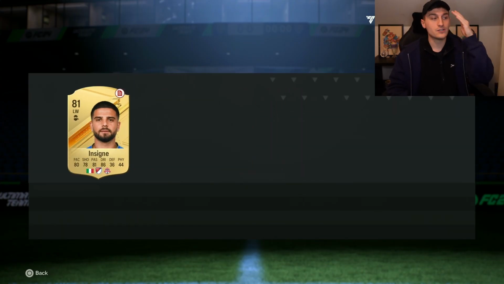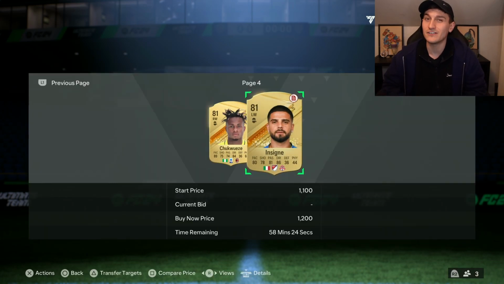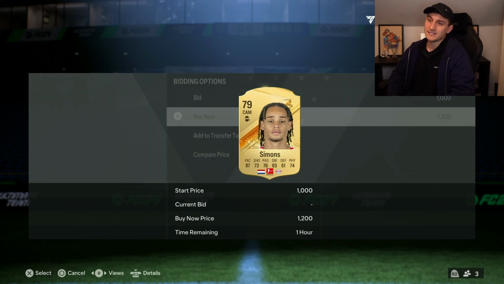Typically, if you can find players who are left backs or right backs, they will go for the most, but you can also do this with centre backs, CDMs, centre mids, maybe even some centre attacking mids, but just something to bear in mind. So all I need to do now is just buy myself a card, and you know